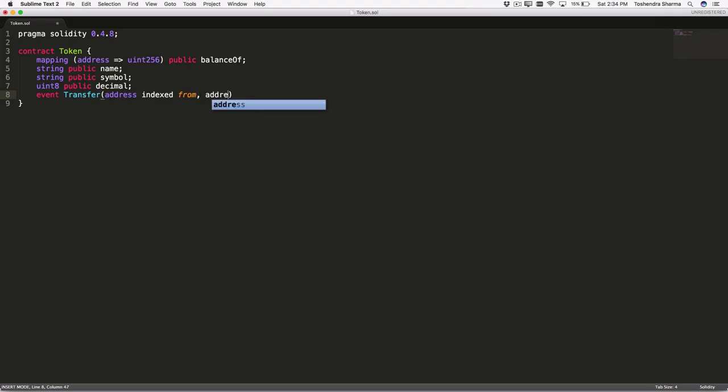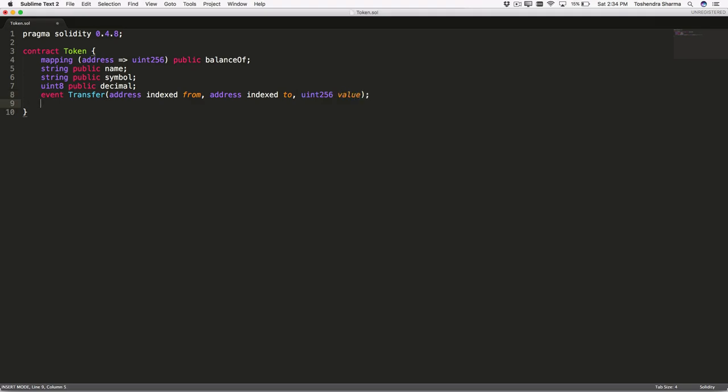This event will specify from which account the fund has been transferred, to which account, and how much, right? So uint256 and the value. So this is the event. So we now have around 5 data structures. We can also call them state variables.